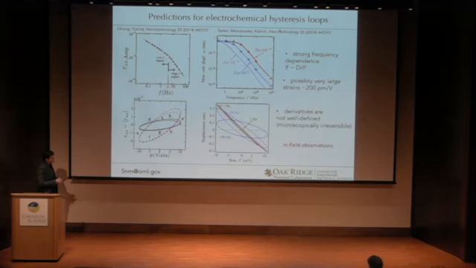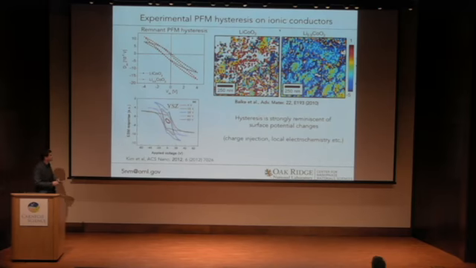The other point is that these loops should not look like ferroelectrics at all. In fact, they should look like oval shapes. They shouldn't saturate at all, and they're not very well differentiable, so there's no microscopic reversibility in these systems. When we look at the experimental signatures of PFM, in this case ESM, done on lithium cobalt oxide and YZ, what we see is a picture that is not at all like the theoretical predictions, and this was very troubling for us for a very long time. Now that we understand the contact electrostatics much better, we suspect that the contact electrostatics is responsible for a lot of this hysteresis.